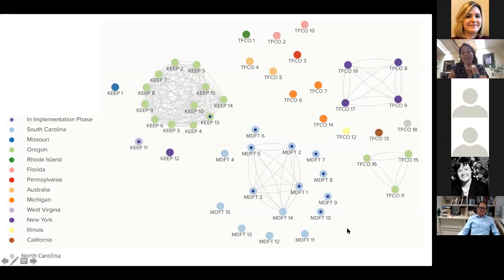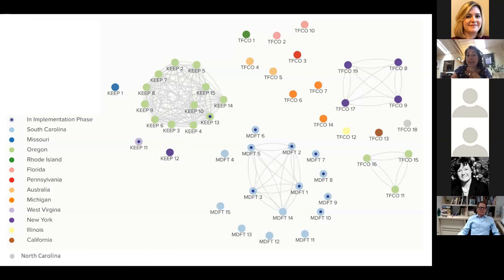And what we see is a network analysis, and we see how different sites from the different programs are interconnected with one another. So for KEEP, there's a huge statewide initiative happening, and these teams are all part of the same state initiative. However, they are not all going through the readiness process together. So this is causing some challenges, but this is, again, the network of the different places and the different programs that we are working with and how it shakes down.